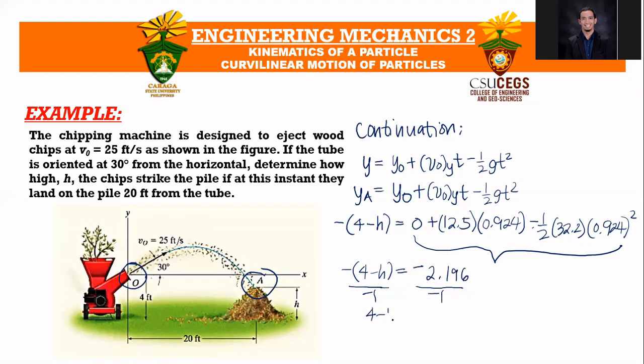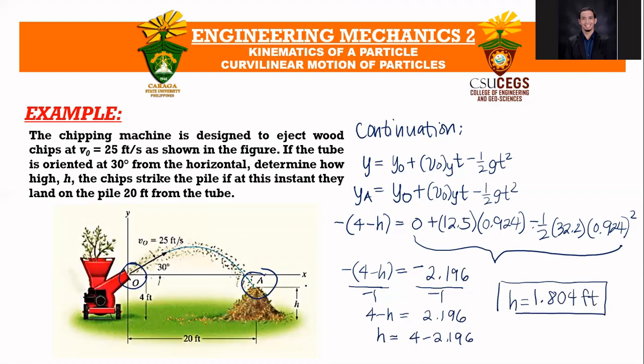So that would be 4 minus h is equal to 2.196. And for us to solve the h is equal to 4 minus 2.196. And h would be equal to 1.804 feet. So this is the height of the pile, which is this one,